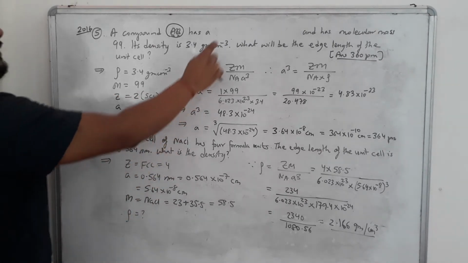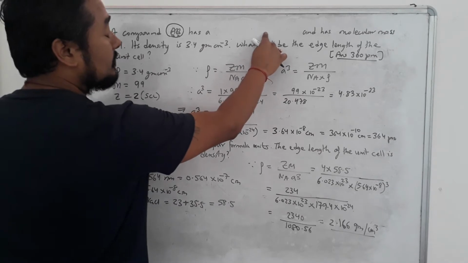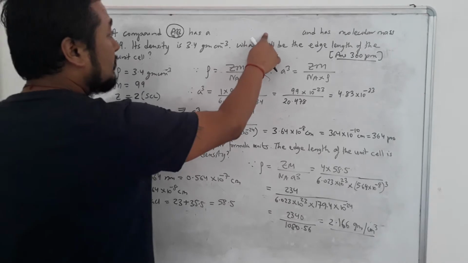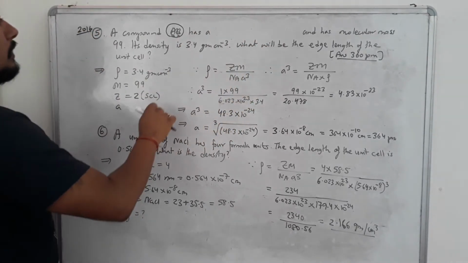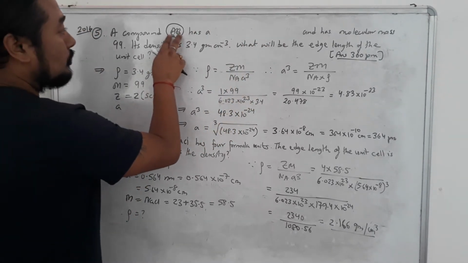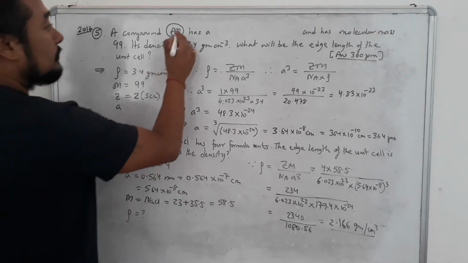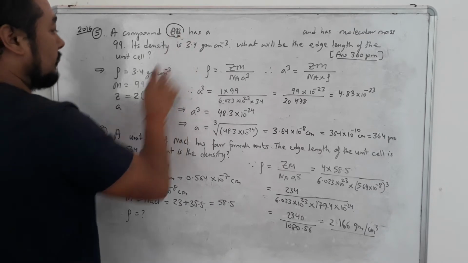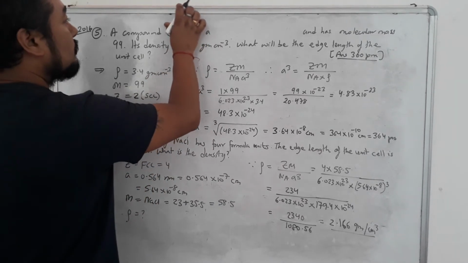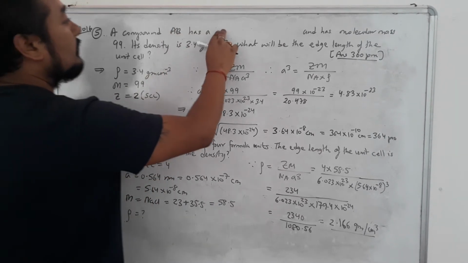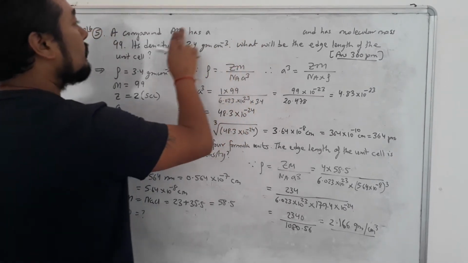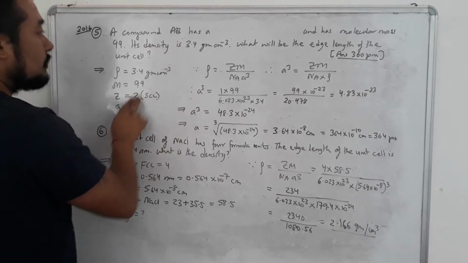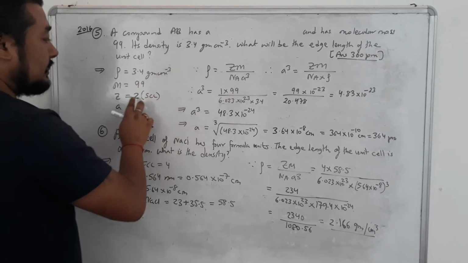So students, if nothing is mentioned, whether it's simple, body centered or face centered, then we have to see the formula. AB, total A and B is 2, so I'll write 2 here. Suppose it is AB3, I'll write 1 and 3, total 4. So do remember, if the cubic unit cell is not mentioned, we go with the formula and check the number of atoms. If it is 2, we write 2. If it is 1, we write 1. If it is 3, we write 3.